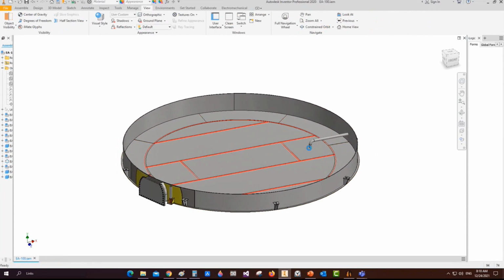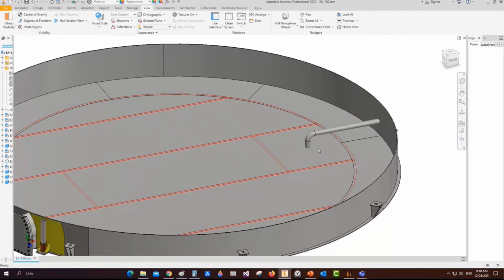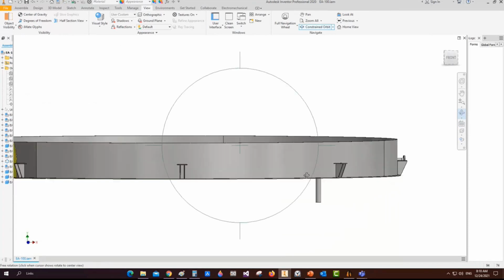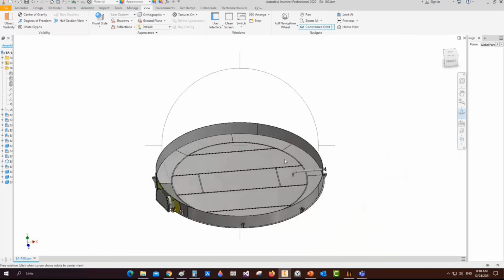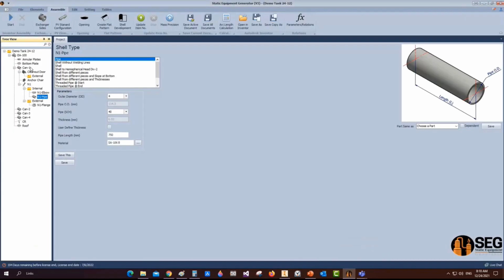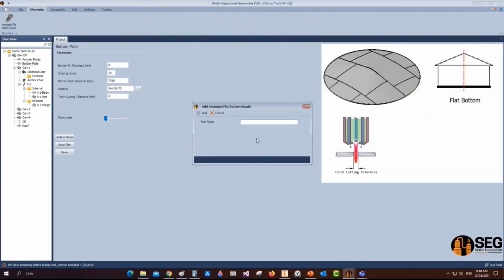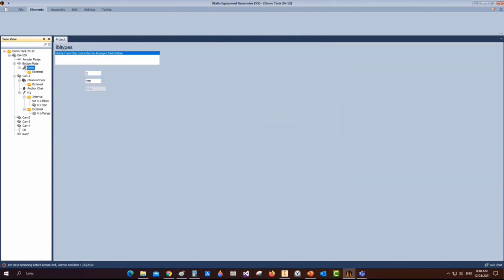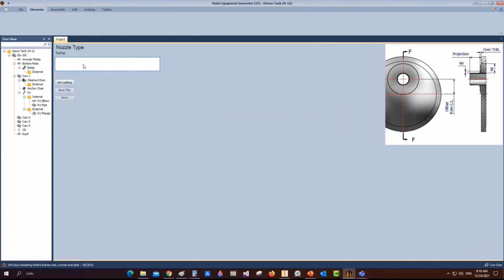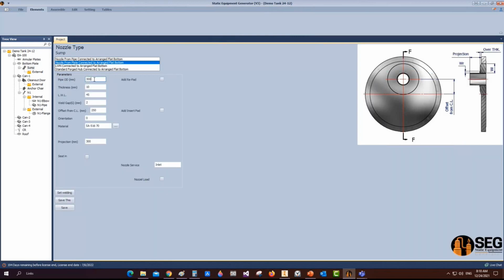Okay, now we will need to add a sump to this bottom plate for this nozzle. So let's come back to SEG, and from here we will select the bottom, and let's add a sump. From here we will select the sump to be from plate, define the inside diameter, the thickness, longitudinal building line